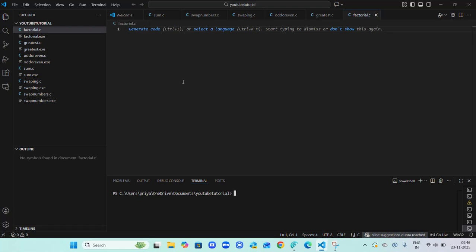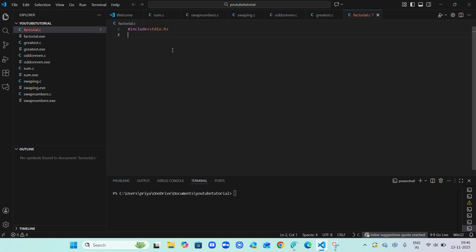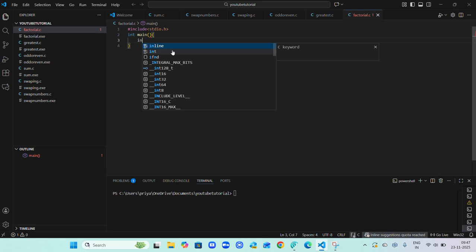So today I'm going to show you how to print the factorial of any number. For that I have created one file and I have to write the header file, which is hashtag include stdio.h. Then I'm going to write int main. Then I'm going to write int n,